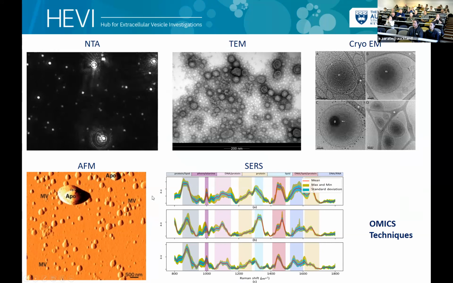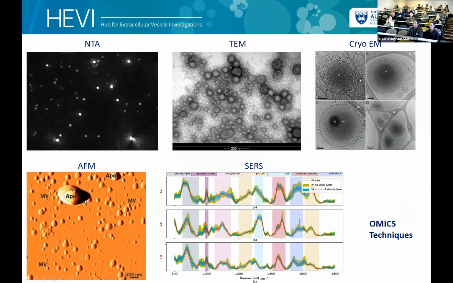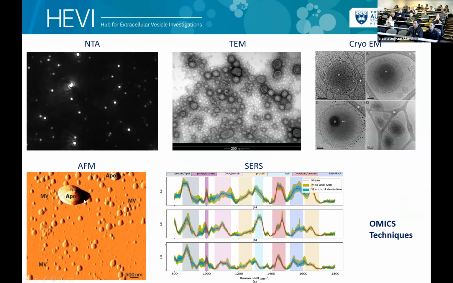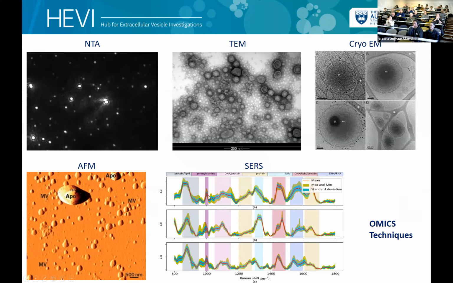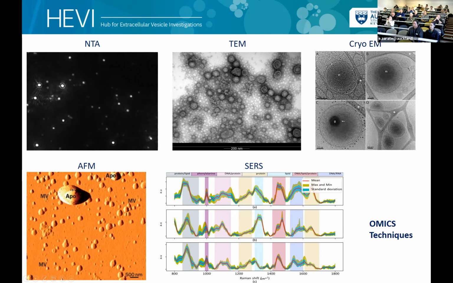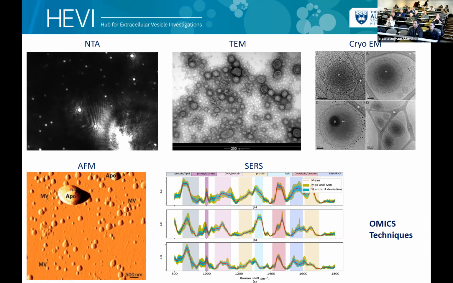We can look into the details of the surfaces with atomic force microscopy, or look at what spectra these vesicles produce with surface enhanced Raman spectroscopy. And we have a lot of omics techniques available at the moment to look into the details of the cargo of these vesicles. In our projects, we were interested in the protein content of these vesicles, and that's how we get to SWATH,